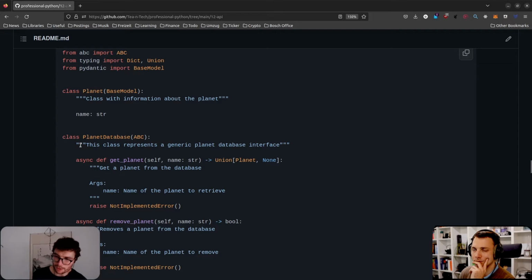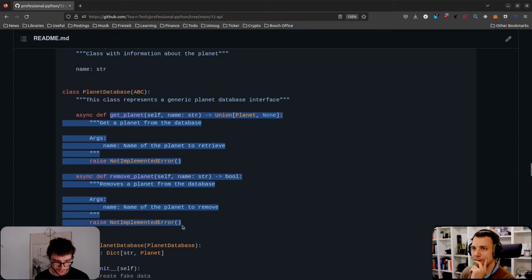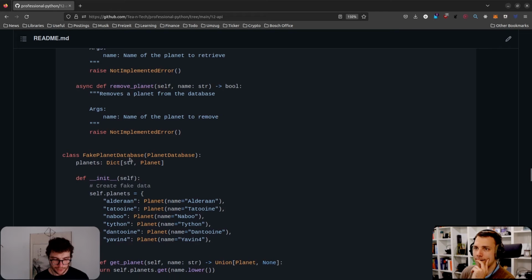And this is also where it comes a bit from the last exercise you had with polymorphism, what I was showing. So what you usually have, if you have a database somewhere, whatever that is, is an abstract class for the database where you just define the methods as abstract methods. It's really just an interface definition here. And then you have a specific implementation of that in your code.